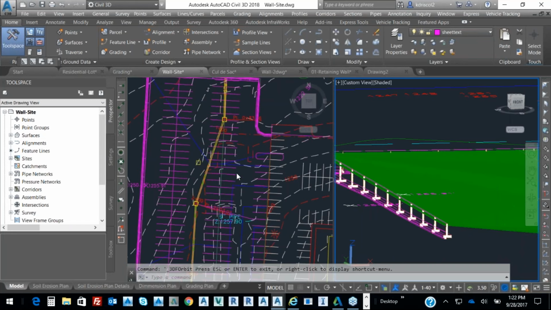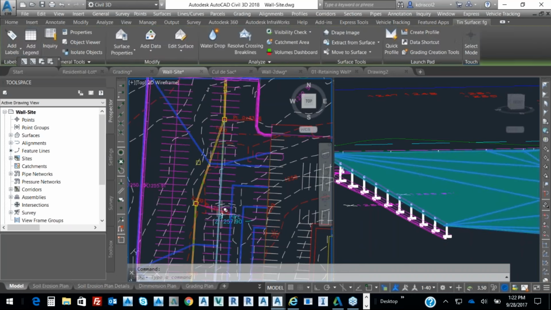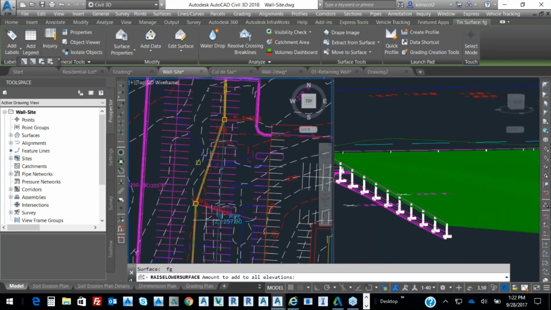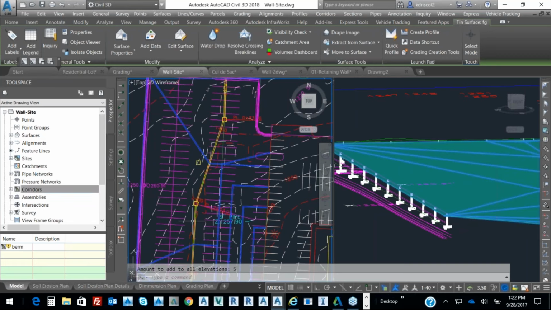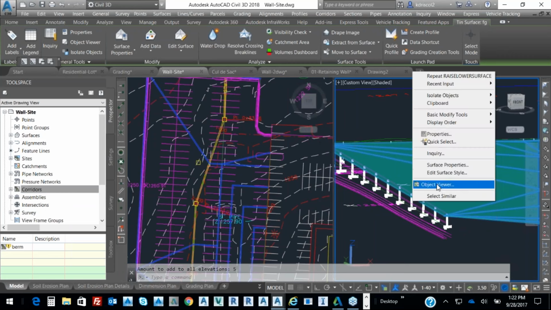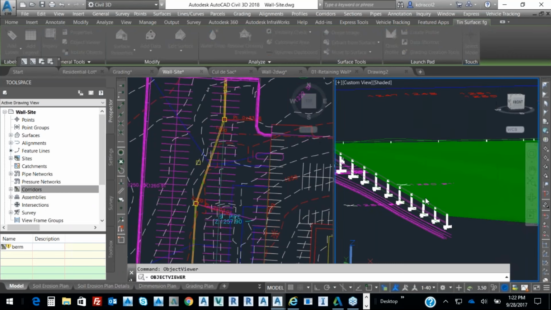So from that, now the developer comes in and says, okay, we need to edit that surface. We're going to raise that surface 5 feet. I raise the surface 5 feet. My retaining wall dynamically raises 5 feet. Okay, so the beauty of working with this model and some of the functionality with feature